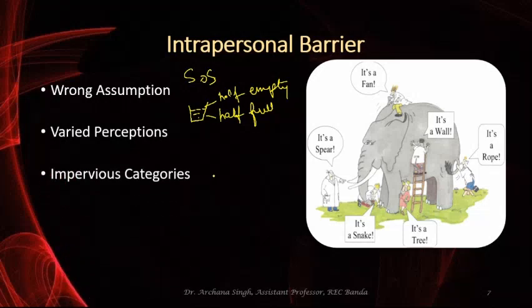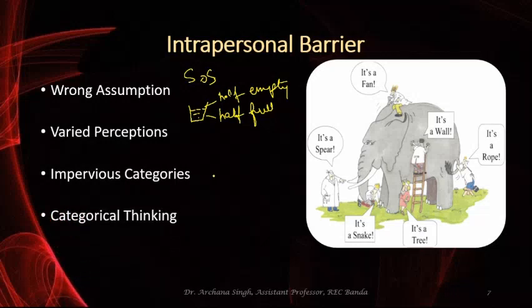Next is your impervious categories. Impervious categories, in general, happen when we react positively to information only if it is in consonance with our own views and attitudes. Conversely, when we receive information that does not conform to our personal views, habits, and attitudes, or appears unfavorable to us, we tend to react negatively or even disbelieve it. Such people fall into impervious categories because they may not be able to accept any deviation from their main point of view. Next is categorical thinking.